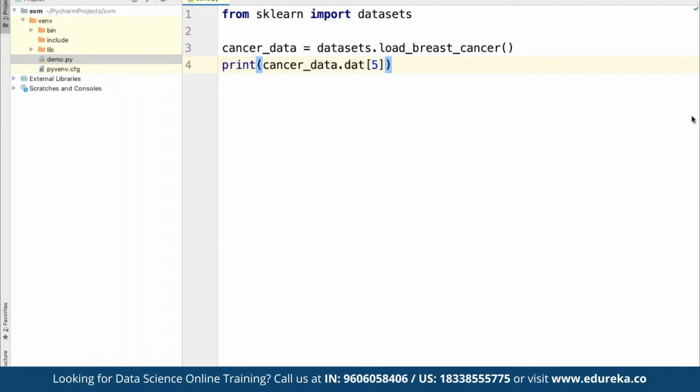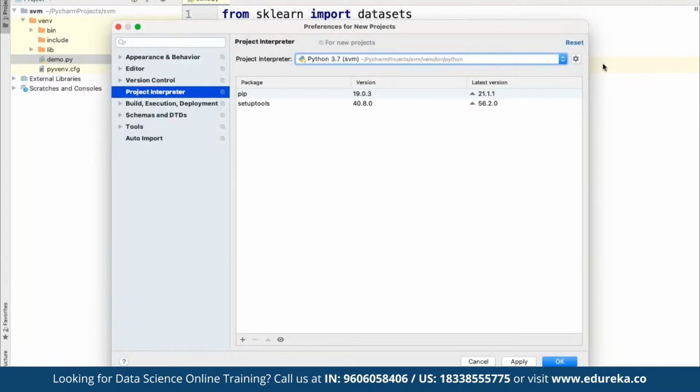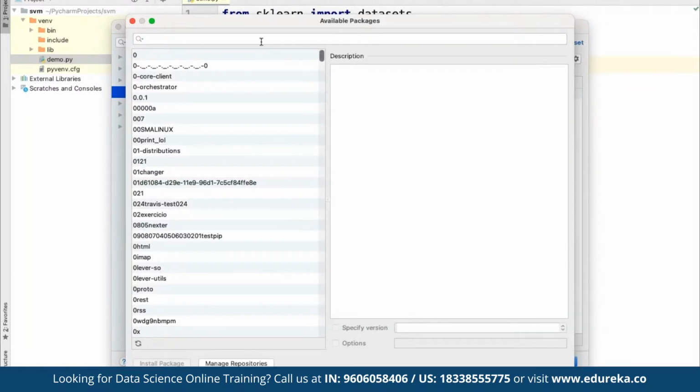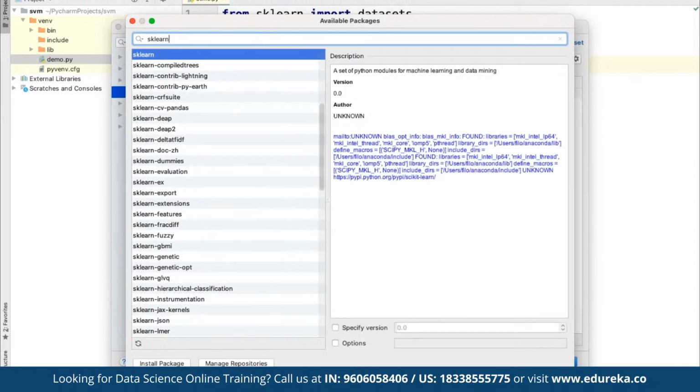So here we are going to use a sample dataset currently available. Whenever we work on any project, in case a library is not available, we can go ahead and install more libraries by choosing the current dataset and clicking on add. From here we can search for any library that may be missing. For example, here we are going to work on sklearn. We have to make sure that we import sklearn, because without the sklearn library, we will not be able to work on the SVM here. So here we are simply going to work on the sample dataset.